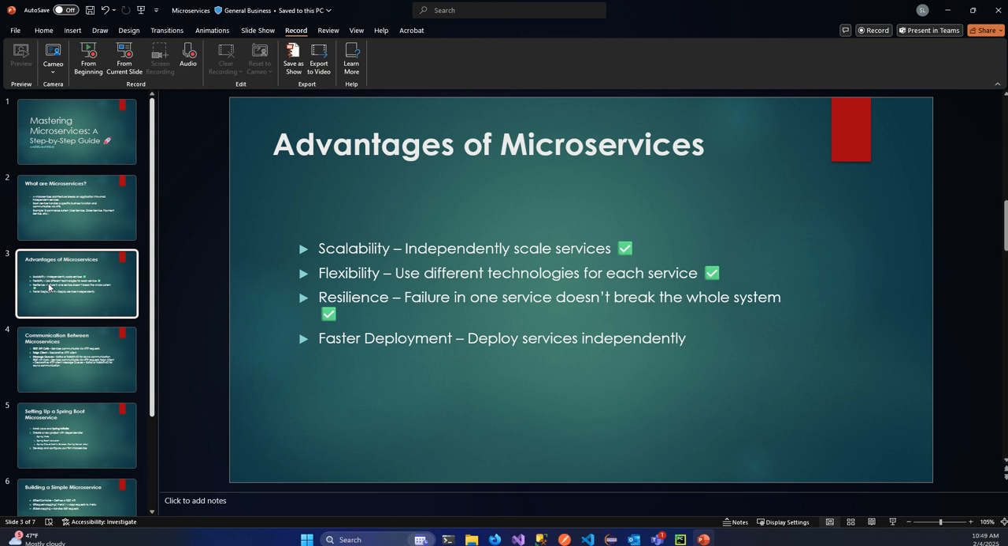For example, when scaling, if we have a busy service that needs more resources, it becomes easier to allocate such resources to a service that has too much traffic. In terms of flexibility, we can have a project built with different languages. Imagine an e-commerce system that contains an order service built in Spring Boot, for example, and also a user management service built in Python or another language. So it gives us the flexibility to use different